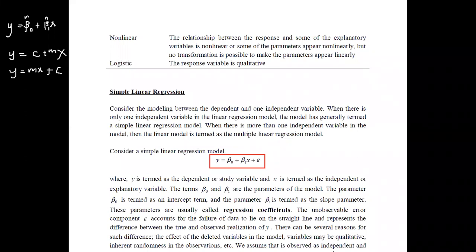Even though we have identified this model, there may be some unobserved errors. It means it is beyond our control. Therefore, these error terms are denoted by the epsilon term. Since this is the form of the simple linear regression, we include these error terms here. Y equals beta naught plus beta 1 times x plus epsilon is the general model that we can use to denote the simple linear regression.